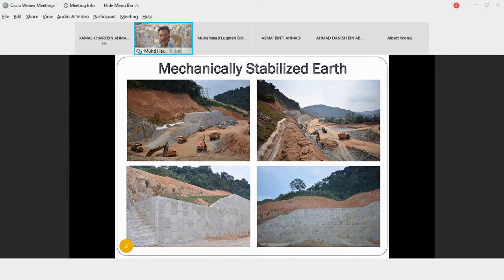Sometimes in an area you don't have that luxury of space, especially in urban areas. It doesn't matter whether it's an urban area or a remote area. The one that I showed you is a highway project, from Seremban to KLIA. It's also in a remote area, but as you notice, once you have slopes,